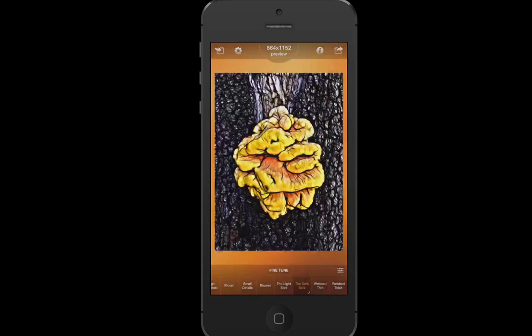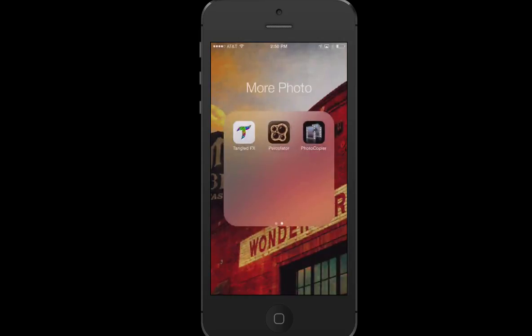And I'll use this one as an example. I really like this photo. I think it kind of looks gross, but when I did this to it, it changed for me totally what it could do. So that is just a quick review on some apps, and some of these are $1.99,